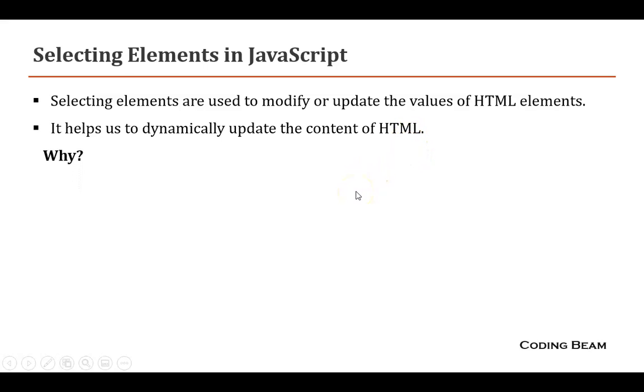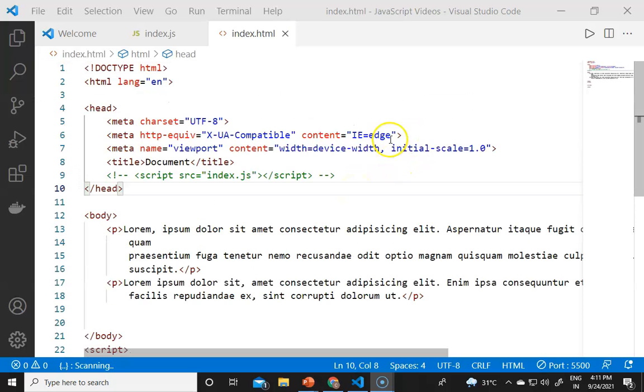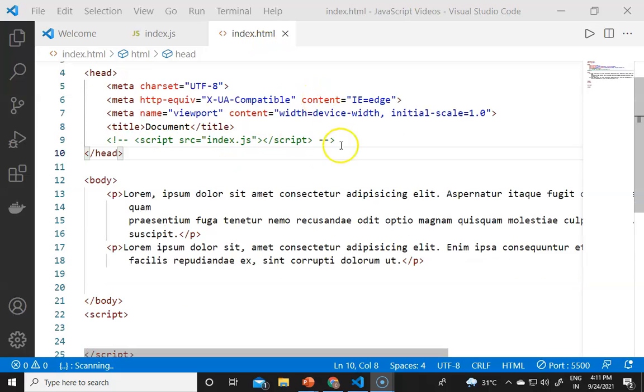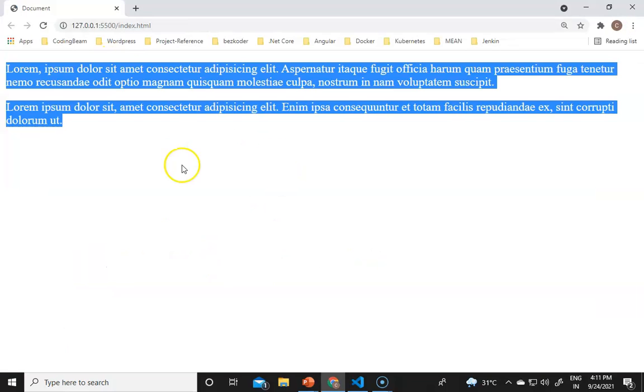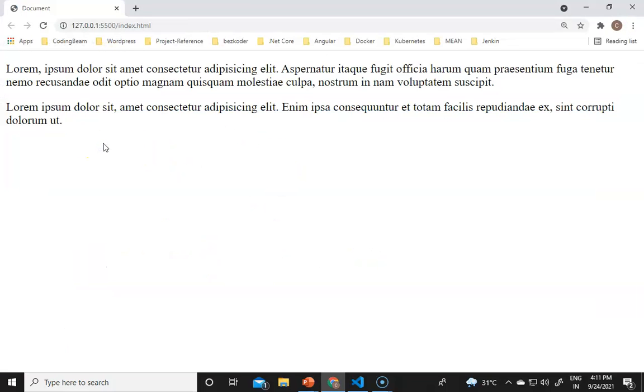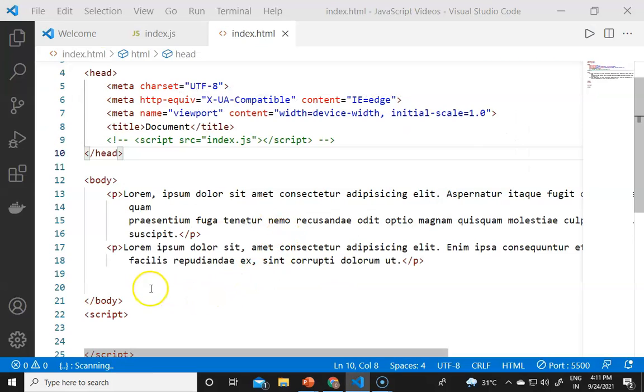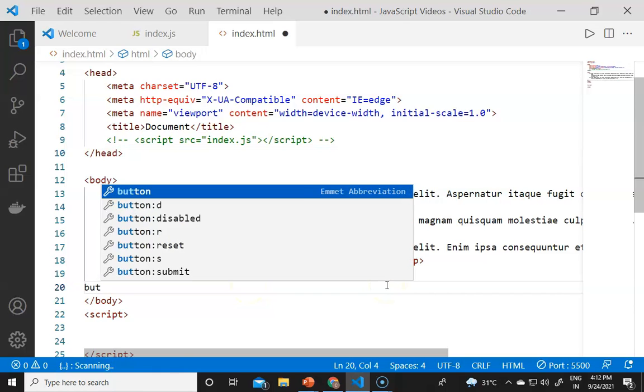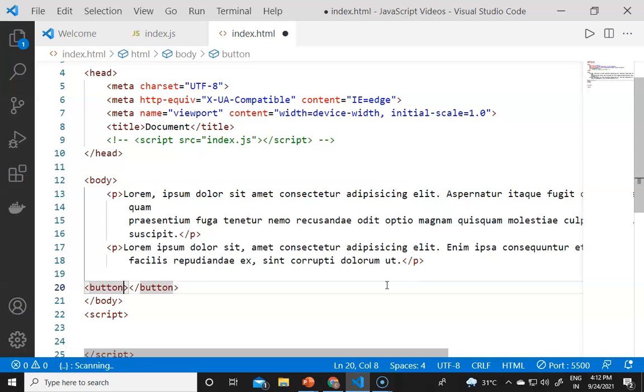But why do we need them? For example, if we have an index.html and it contains two paragraphs inside it. If I now go to Chrome, you will see there are two paragraphs inside this HTML page. But if I want to dynamically update the UI, like if I need night mode in it, I need to create a new button for it, and the onclick will have a function. So onclick equals the function toggle